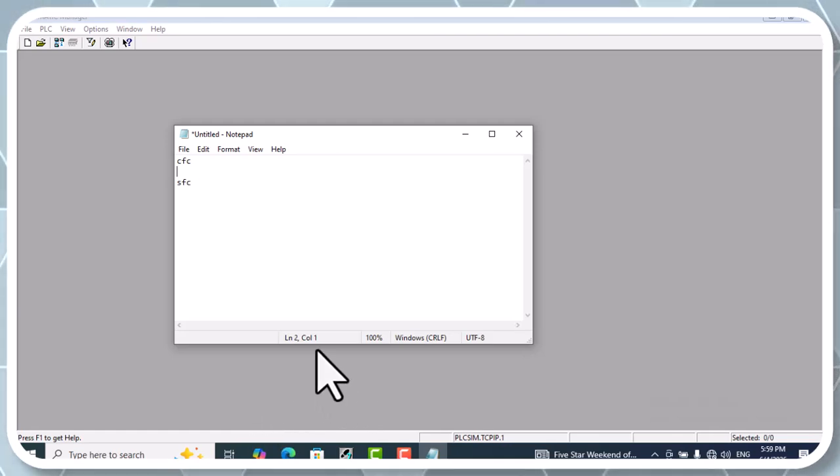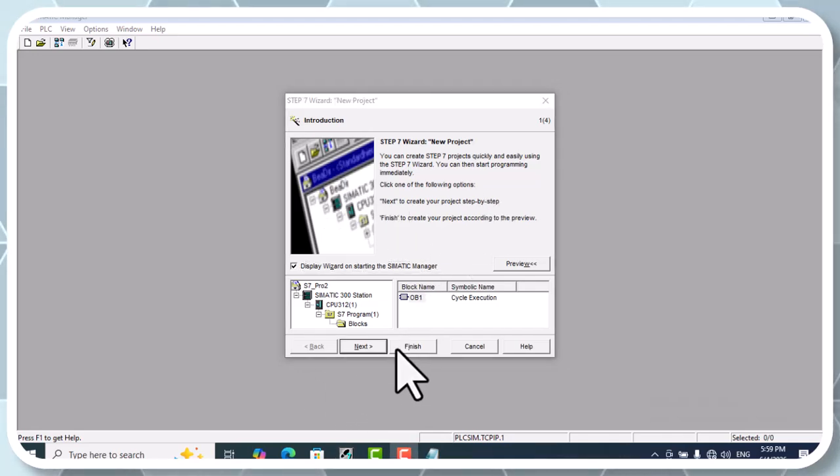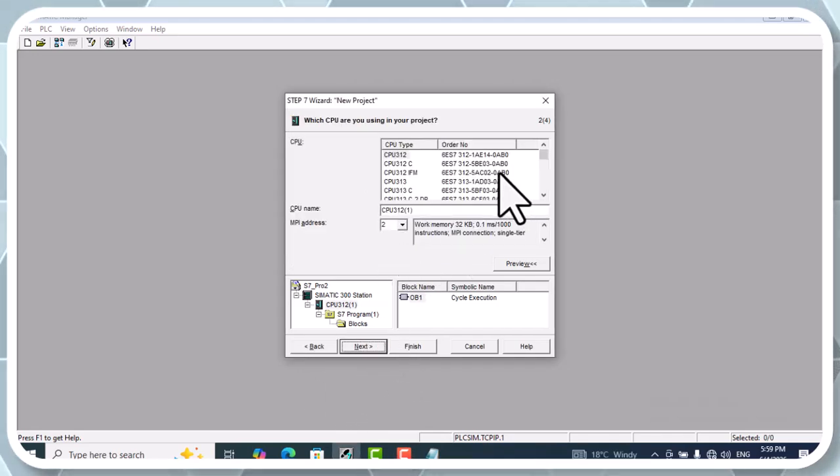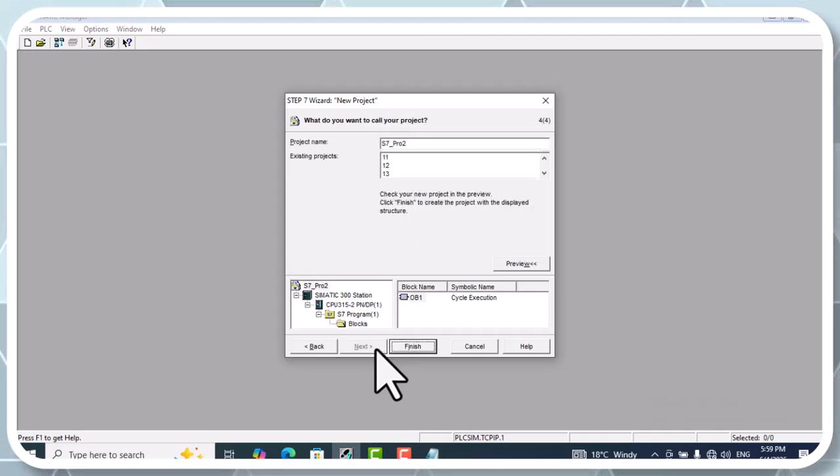So let's create our first project. New project wizard, we can do it from here. Next, and here we can use this one. Next. Okay, the language for selected block, we will change it in the future, and click the next button, and here the project name, let's give it